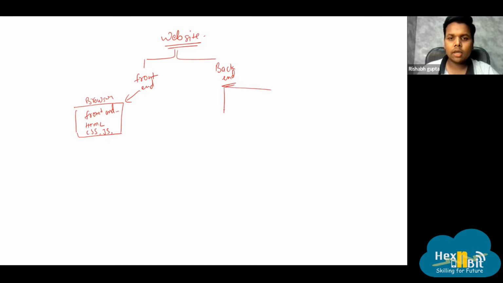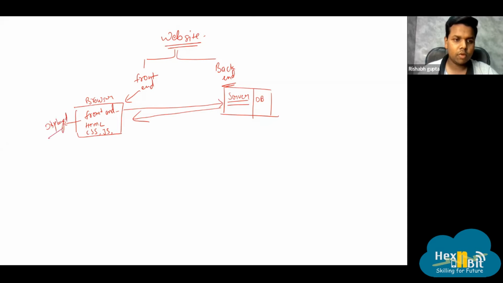Second thing is backend. So for backend, there is a server and there is a database. Okay, so this server, you can say it is a decision making unit, right? So it will make decisions like what is the data we will transfer to our front end. Suppose you make a query from your front end and it will go to your server, and this server will check if this query is correct, and according to that query the server will fetch the data from the database and send it to the front end, and on this browser that data will be displayed. Okay, so basically this is the structure of a web page, or you can say a website. Whether it is a small website or a big website, all websites work in this way only. There is a front end which is seen in the browser, and there is a back end which consists of server and the database. Okay,